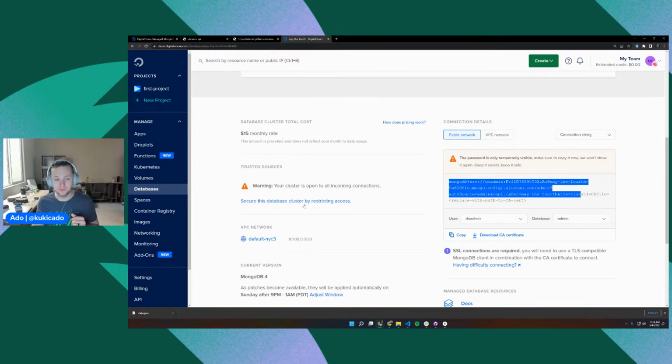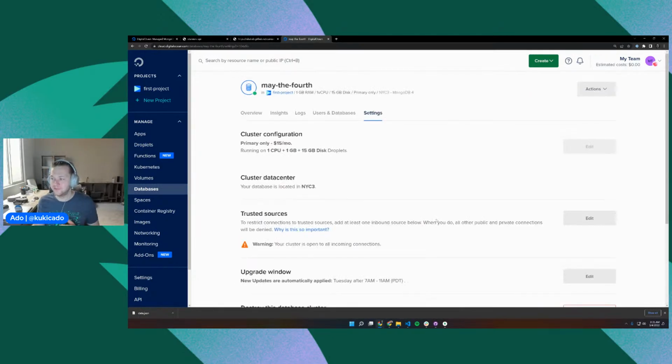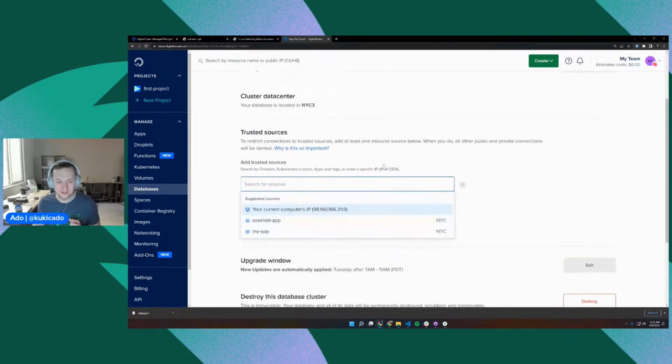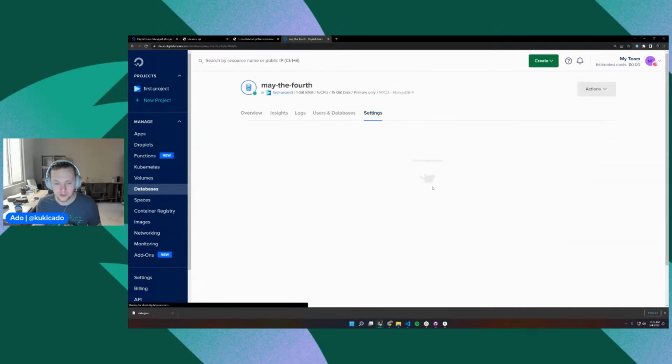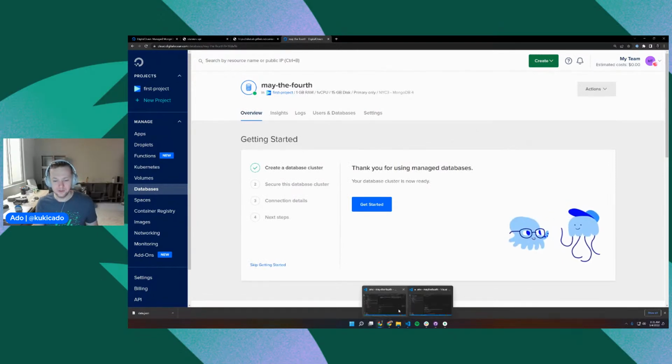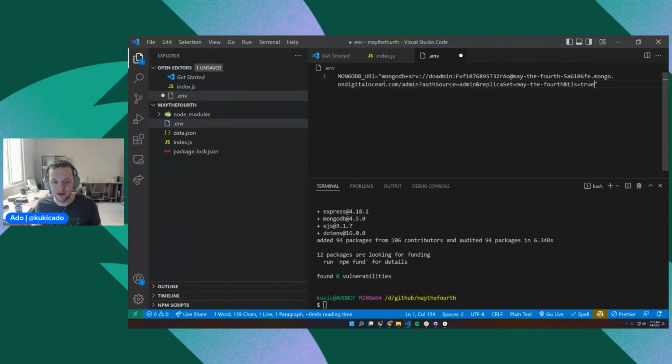The other thing I want to do here really quickly is secure this database cluster by restricting access to just my IP. So if you copied my database password earlier, technically you could connect right now, but as soon as I add this trusted certificate, my current computer IP address, it's going to block all incoming connections outside of my particular IP here. So with that said, let's go back into Visual Studio Code, and we're going to paste our